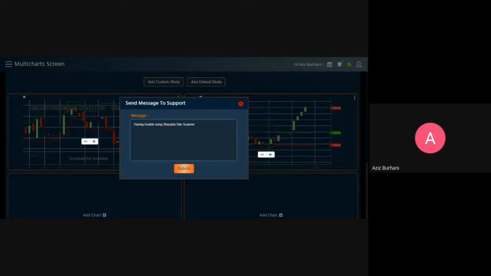So this is one feature that is very useful if your issue is not contingent, if it does not need immediate attention. So if it is something that can be taken care of in a day or two, then instead of calling, you just send a message to support, and someone from our support will call you, or do the needful to solve your issues. Or you can say, not able to open charts, whatever, XYZ.